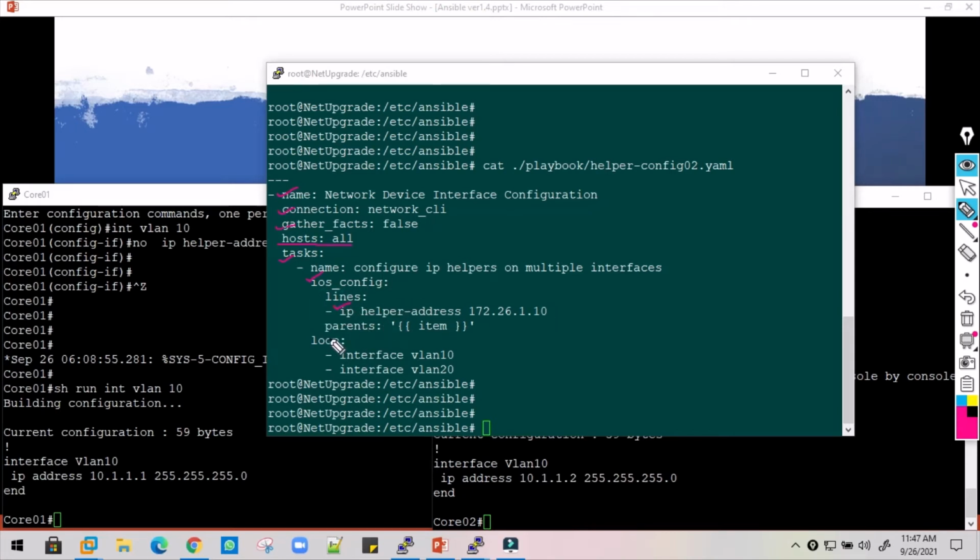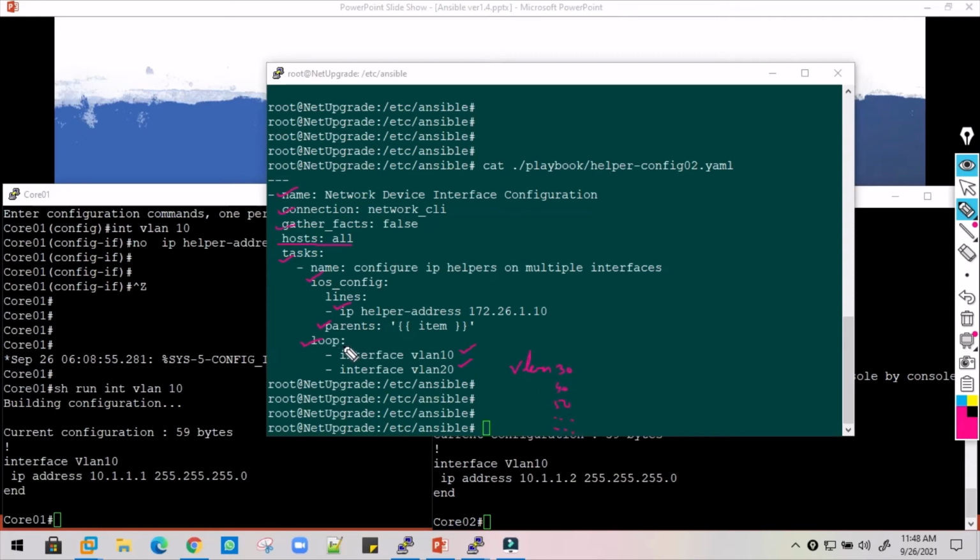Now this time in the parent we have not specified what the interface is. Here we are using a loop, and in the loop we specified interface VLAN 10, VLAN 20, and we can also specify multiple interfaces under this loop, like VLAN 30, 40, 50 and so on.